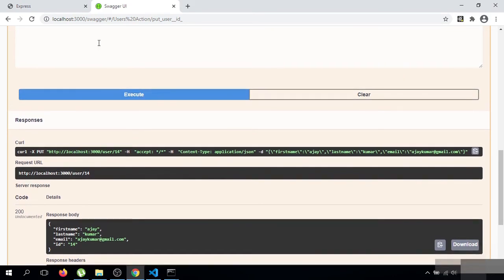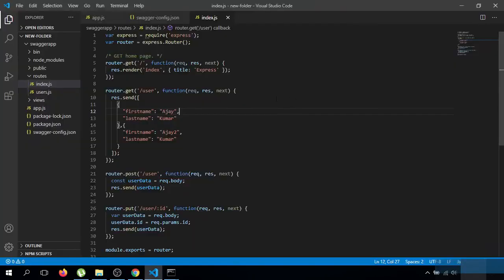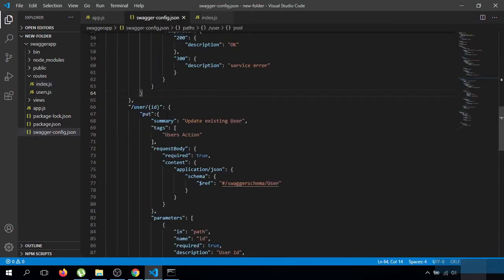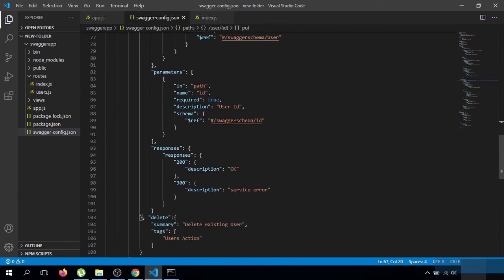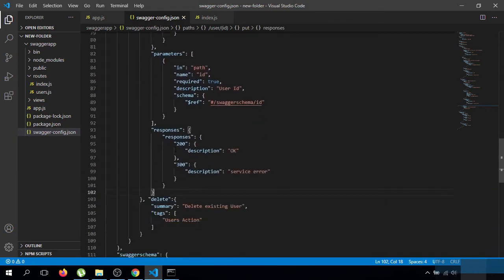Now the last route is delete. I will copy all of the update content.